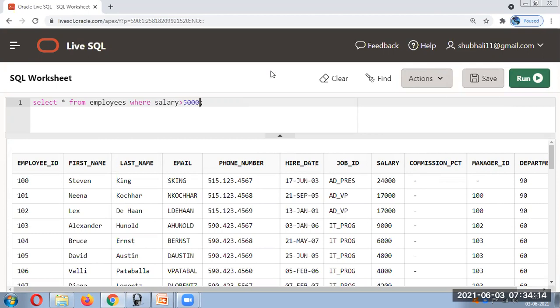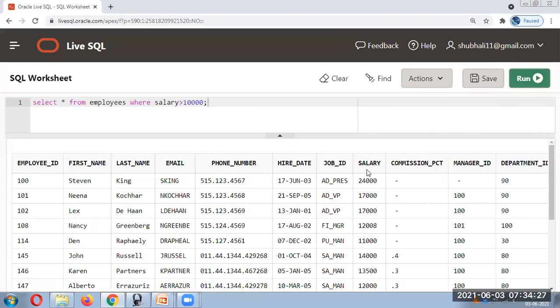Let's say I want to write greater than 5,000 or 10,000. Okay, so we will be getting that. You can say greater than or equal to or whatever. If you want a particular range, between, we can mention over here salary between 10,000 and 20,000.